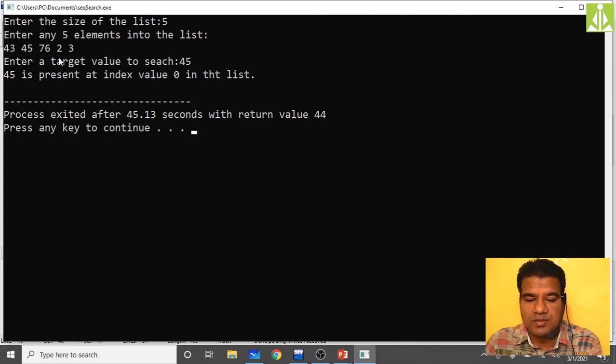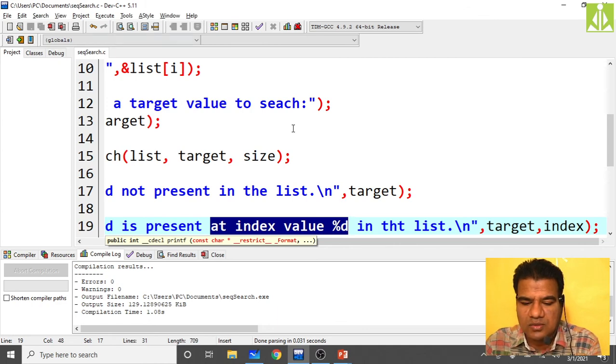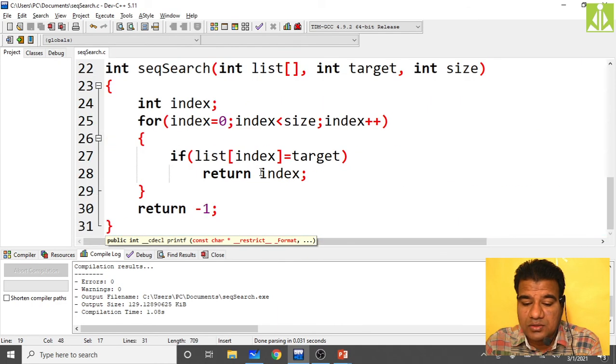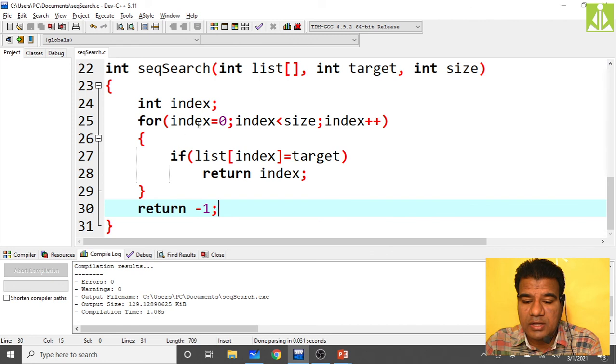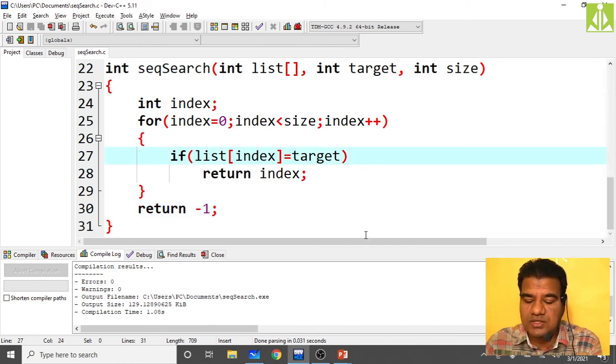Okay, 45 is present at index value 0 in the list, so there is some mistake. It should be at index value 1, not 0. Over here we started at 0. Here you can see list of index equals to target, I said, so it should be the other way. Only that small mistake.